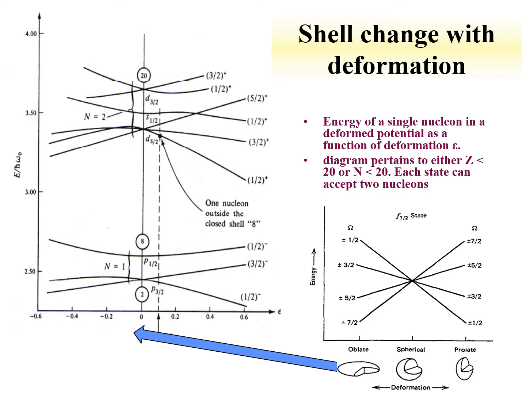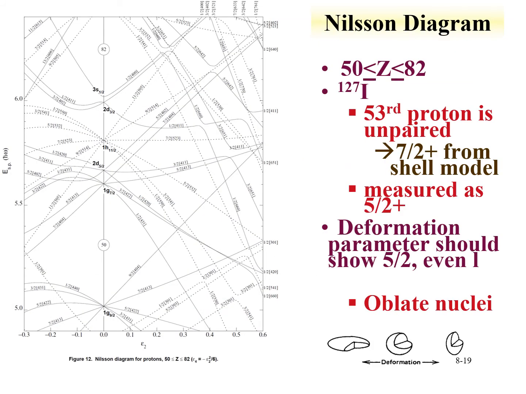evaluate what's the measured spin and parity, and if it varies from what we see with the shell model, we can make a prediction that we should see a nucleus of either an oblate or prolate shape based upon the observed spin. Let's go over some examples for that. So let's consider iodine 127. It's a stable nucleus. Here's the Nilsson diagram for the